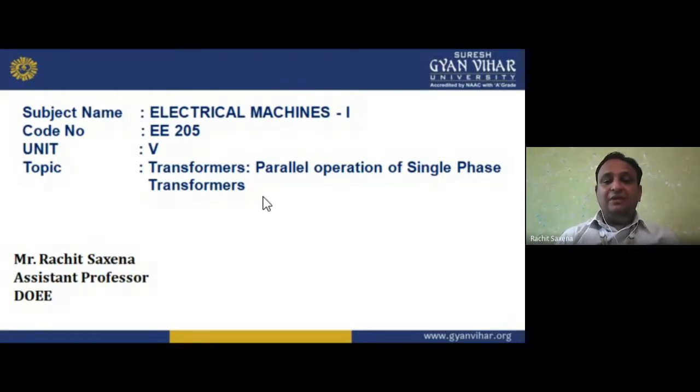An electromagnet we can make with the help of the Biot-Savart law. The statement of the Biot-Savart law is that when we flow a current through a coil, we find a magnetic field surrounding the coil. So, my dear students, if I flow a current in a coil, that current combines with the turns of that coil. So Ni is ampere-turns, that is the mmf, the representation of magnetomotive force.